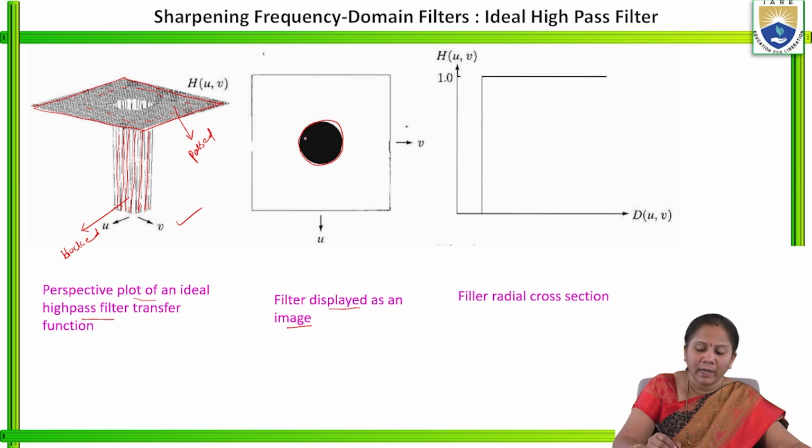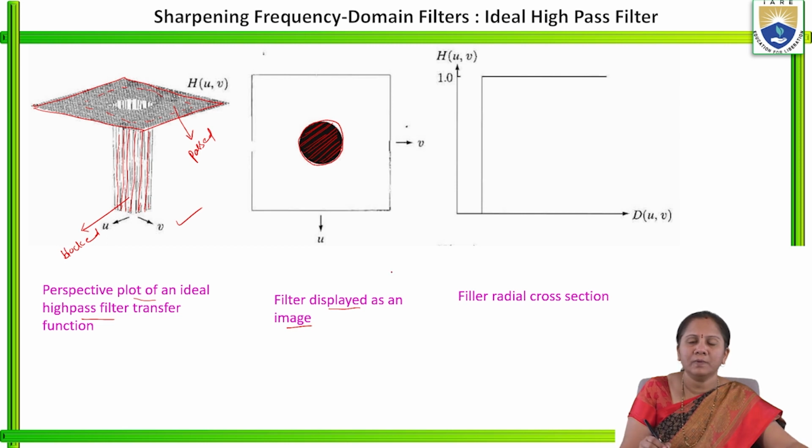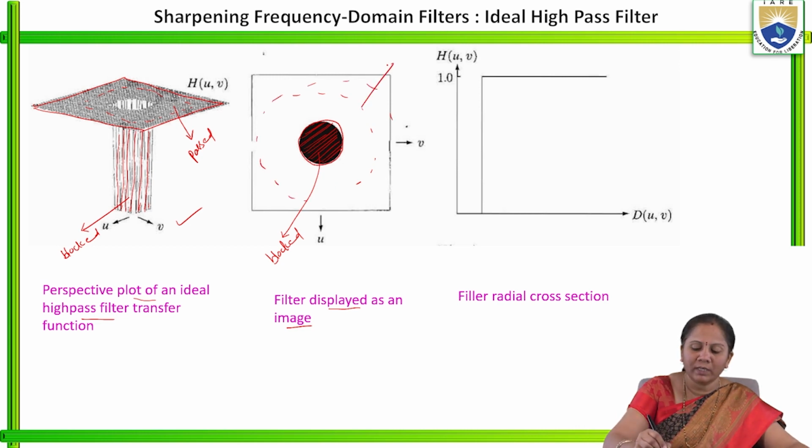and inside the circle we can see some frequencies are available. All these frequencies are called lower frequencies. So according to the high pass filter transfer function, all the lower frequencies, that is the frequencies that are there in this circle, will be blocked, and the higher frequencies will be available in this area. So all those higher frequencies will be passed.